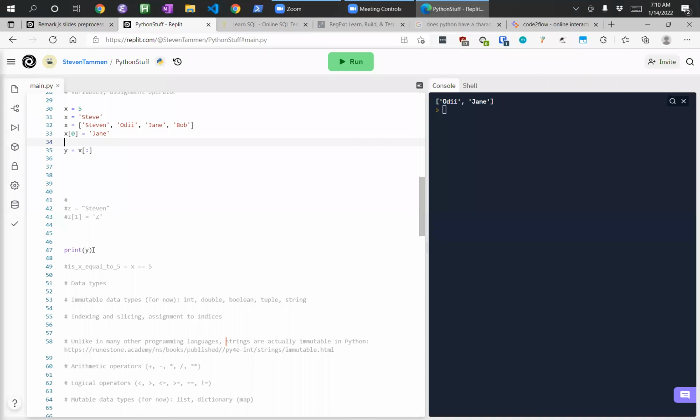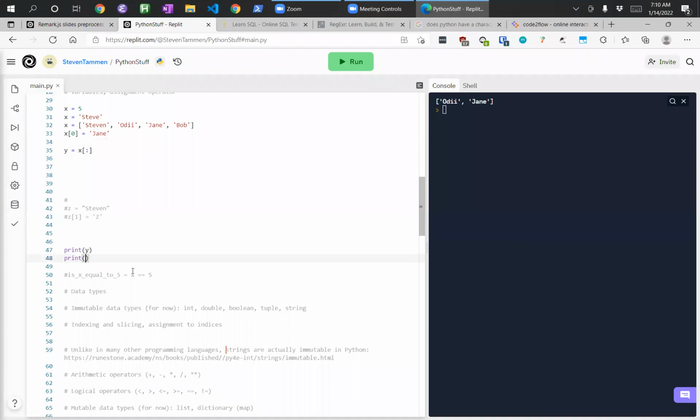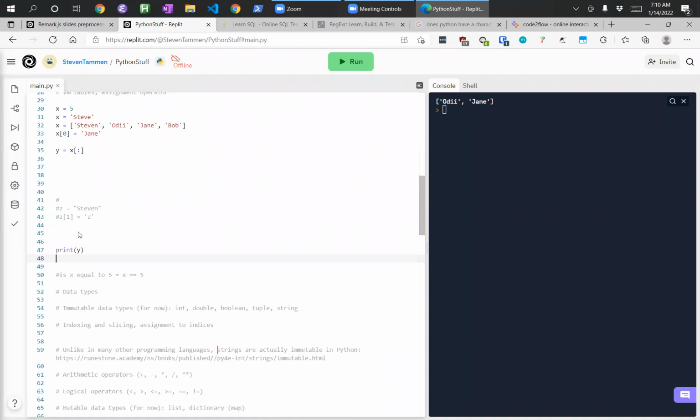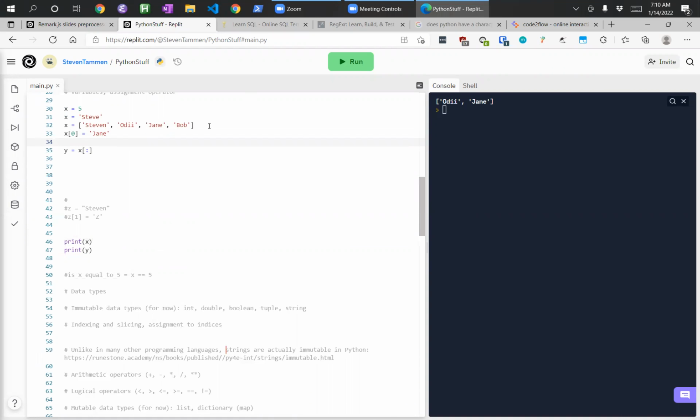So if we now print X underneath this, we should probably do it in the same order so it's not confusing. Well, here we should have Jane, Audie, Jane, and Bob. So Jane should be in there twice in our,